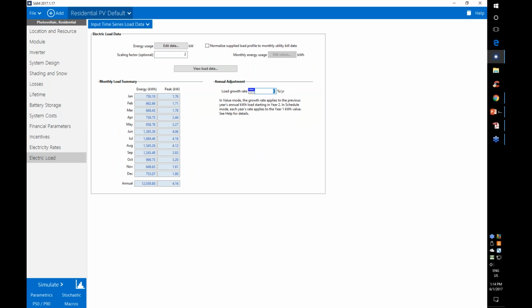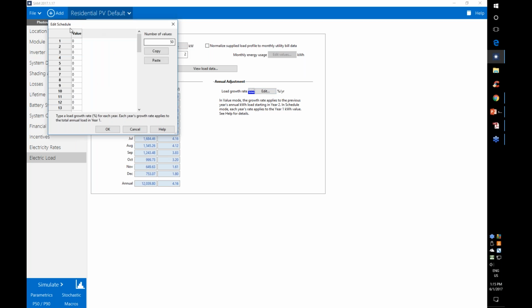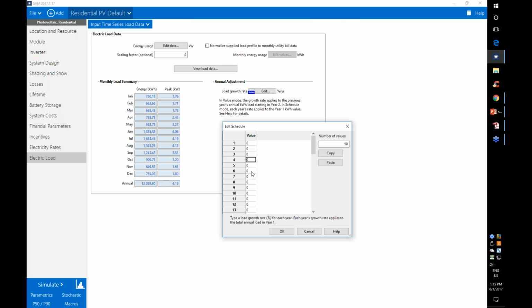And if you want to model, for example, a 1% growth rate, maybe for whatever reason the residential load might be growing over time, you can also use the schedule. If you click this blue and gray button, change from value to SCHED, schedule, that changes the input to an edit button. Click edit, and then you can put in growth rate by year. So maybe the load's going to stay steady for the first 5 years, but after year 6, it's going to grow by 1%. So if you use this table, then